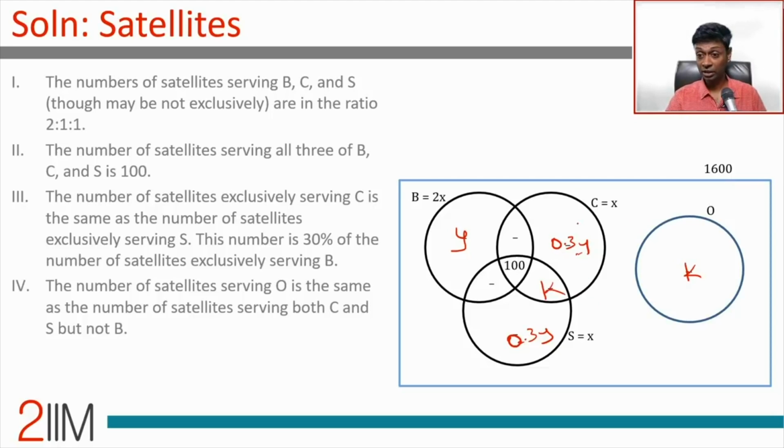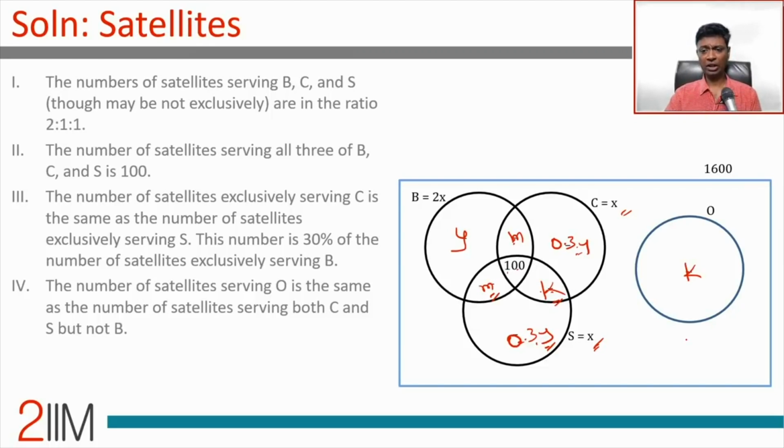Now the wonderful part here, there's the 100, K and 0.3Y here, 100, K and 0.3Y here. C and S are symmetric. The numbers are identical. The total is also same, or these two numbers should also be same. We can write this as X minus K minus 100 minus 0.3Y, which I'm going to call M. These two are equal. We know that M plus 0.3Y plus K plus 100 is X. And so we have X, K, Y, and M. Not 4 variables, only 3, because X and M are linked. There's one linkage which we already have.